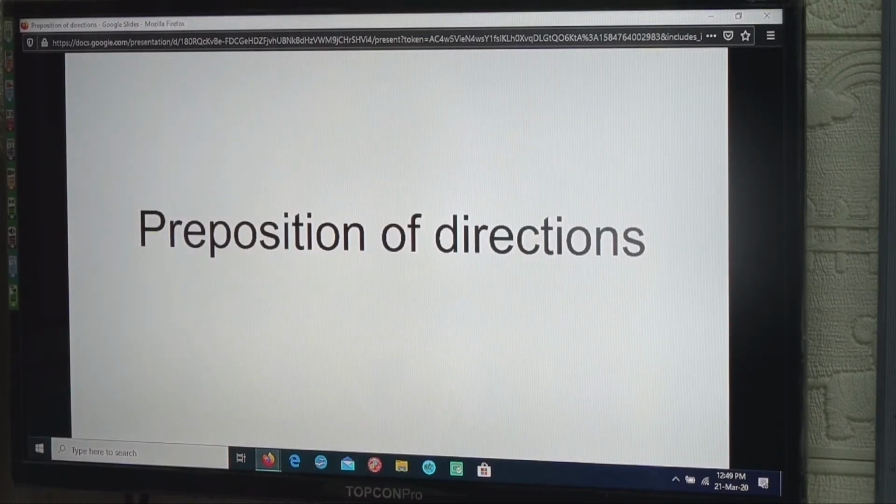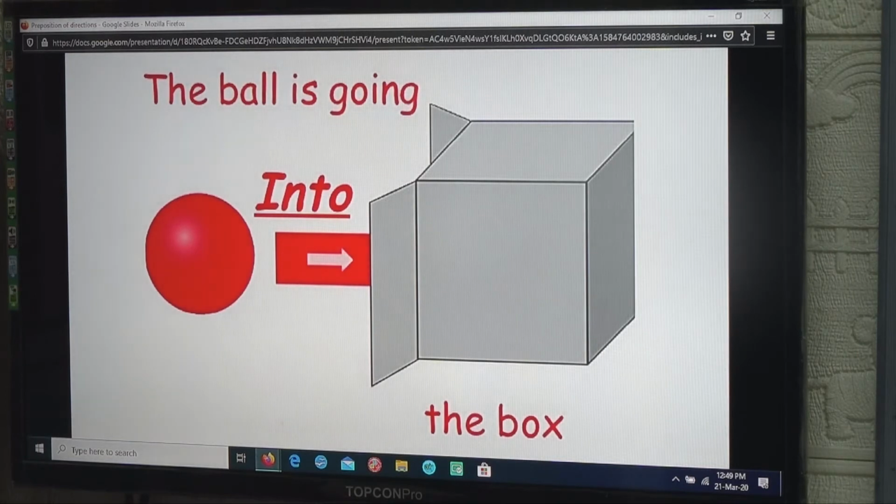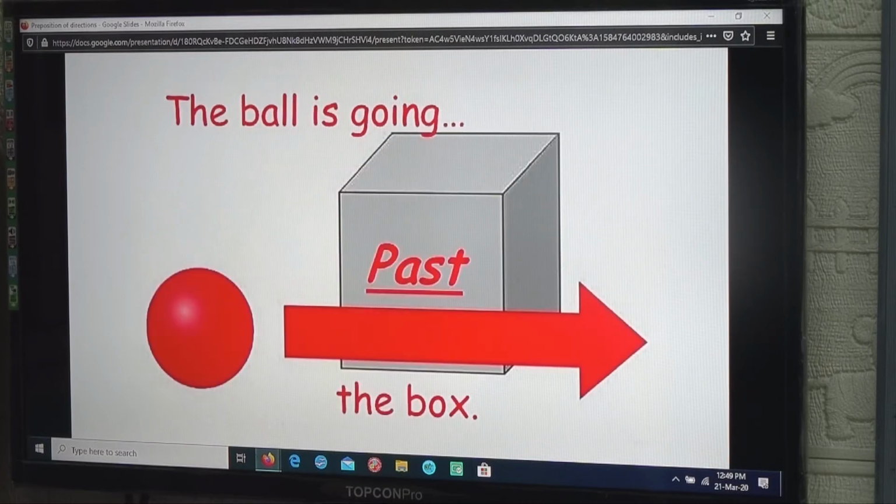Okay, so the first one we have learned is into. In simple words, into means entering something. The ball is going into the box. Next one we have past. So basically, past has the same meaning of going near something. The ball is going past the box. Just going near something. You may write that down in your book if you want. And then next one,